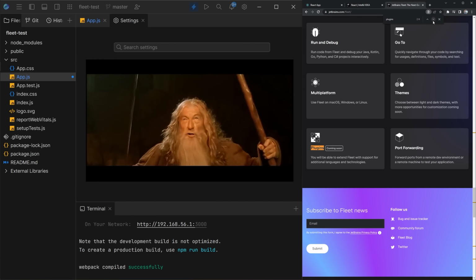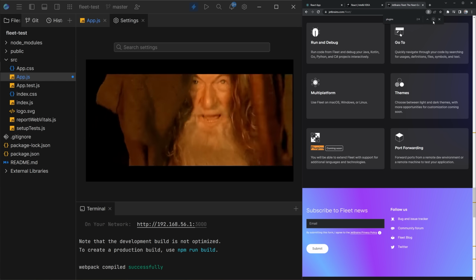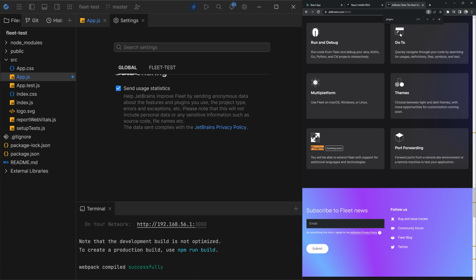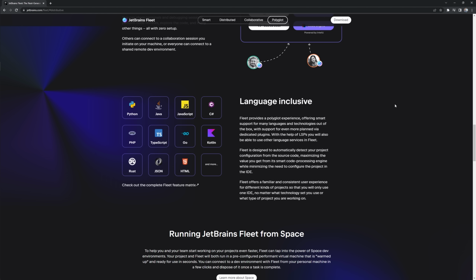You shall not pass! Now, Fleet does support a multitude of languages right out of the box, including Python, Java, JavaScript, TypeScript, and